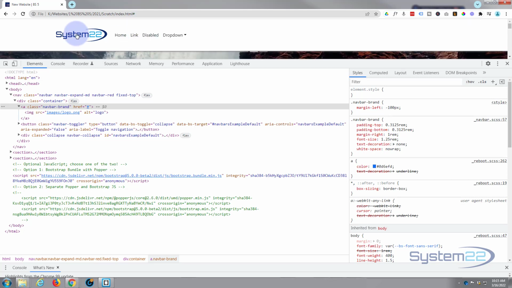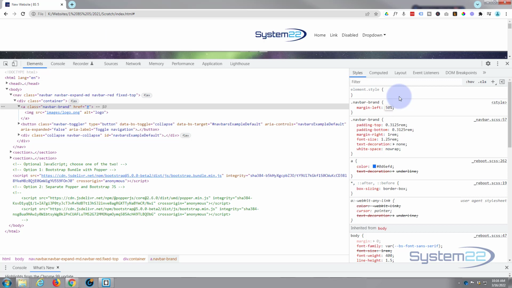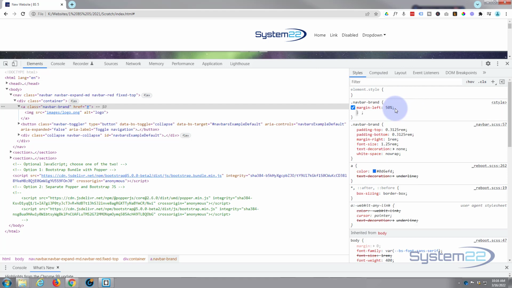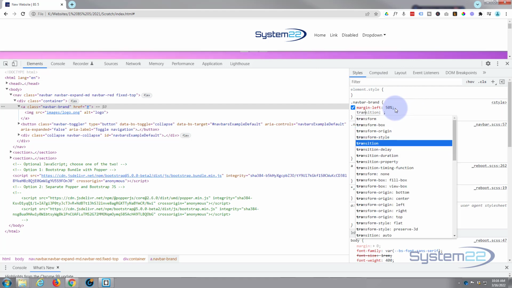Okay, and you can put your logo in the middle if you want to. So let's go over and adjust this. Instead of minus 100 pixels, I'm actually going to give it positive 50%, which will put it in the middle. 50%. As you can see, that's in the middle there. Well, actually, the left-hand corner is right in the middle, and the logo's to the right. To make sure this is going to be dead center in the middle, we can use a bit of transform translate. So if I drop down one more, transform,